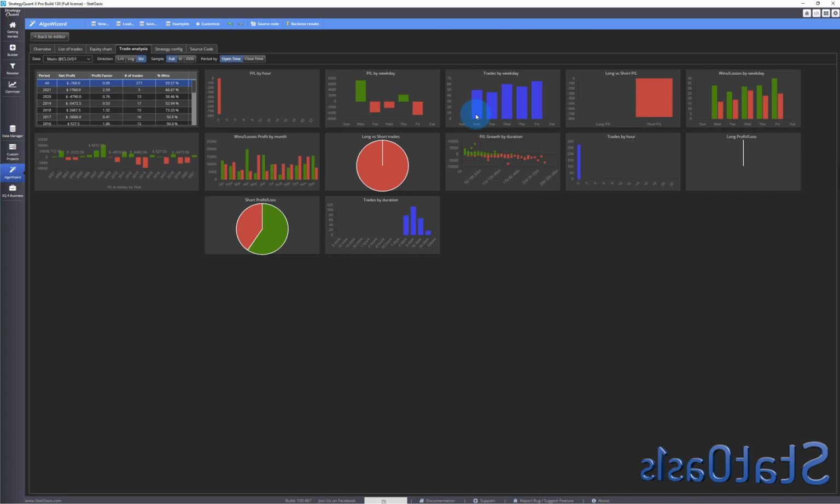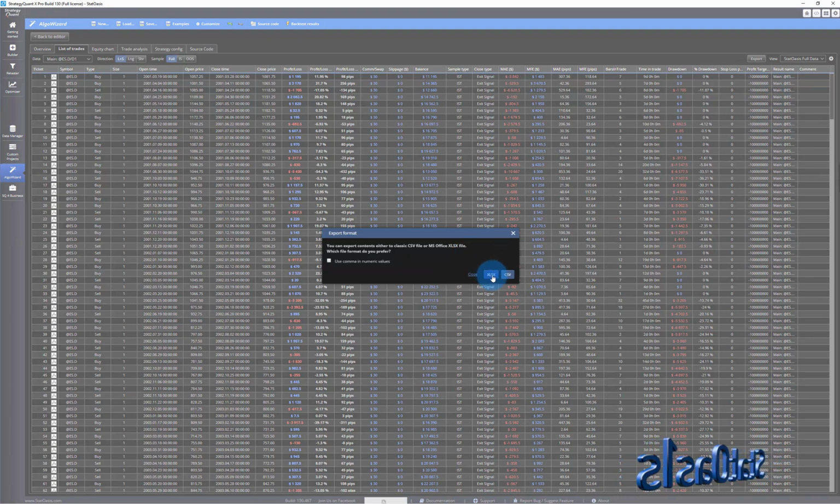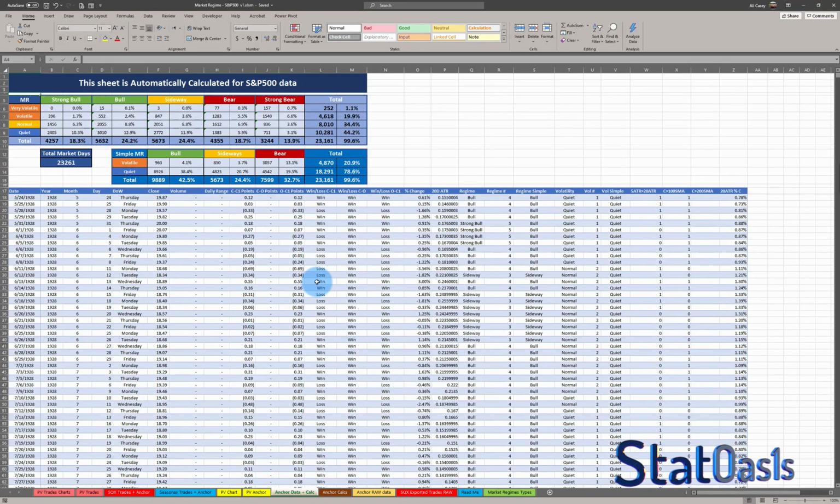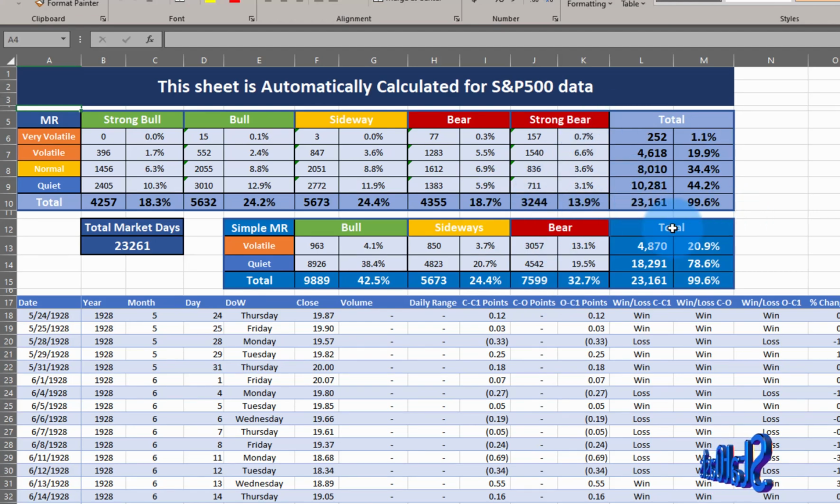So now, of course you can go to list of trades, and then you export it as XLSX, which gives you an Excel sheet, and then you can import it into the Excel sheet. So here is the data for S&P 500, and I think I've shown this before in a separate video. But basically, the very volatile part is